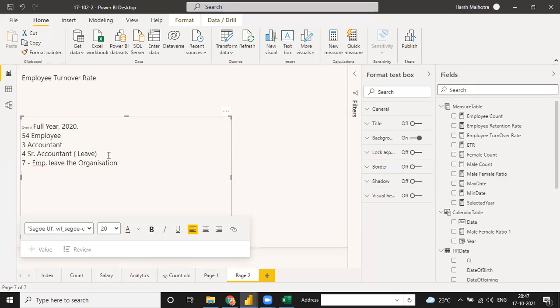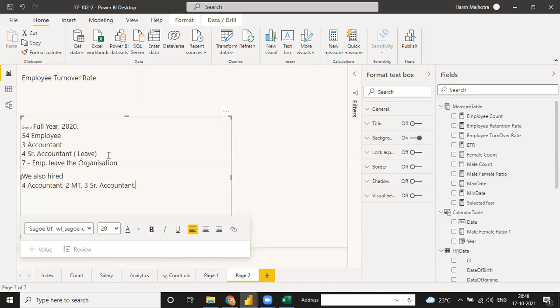And in the same year we also hired, suppose, 4 accountants, 2 MT, and 3 senior accountants.